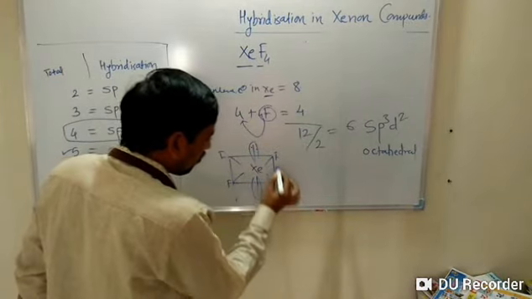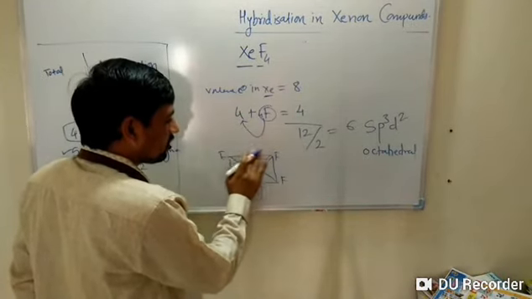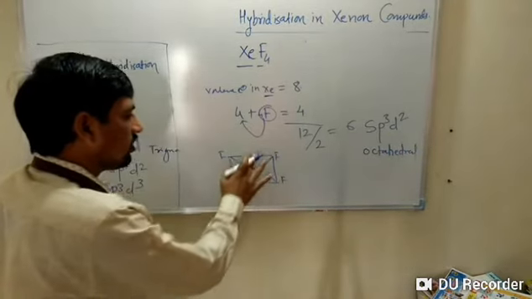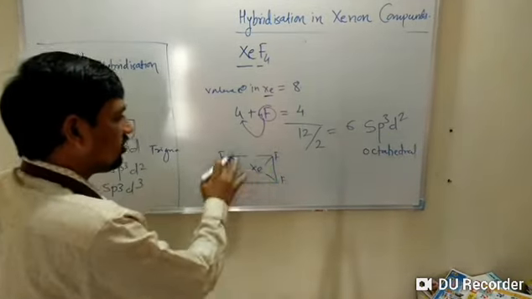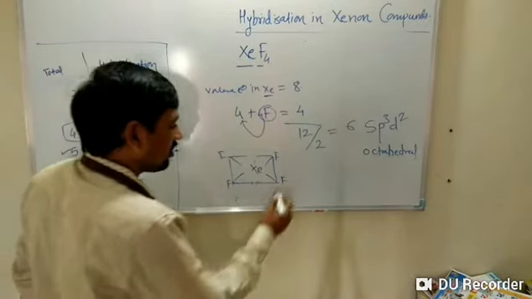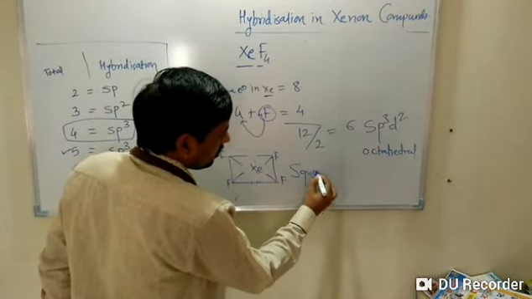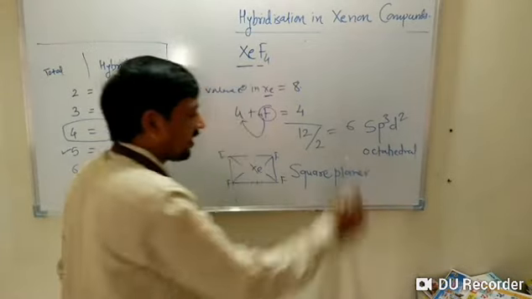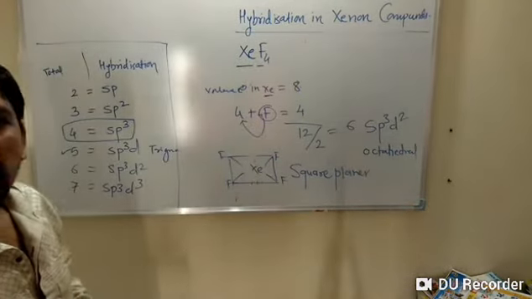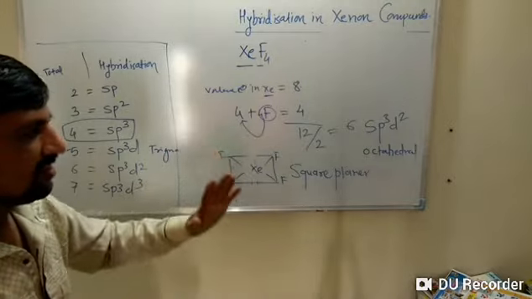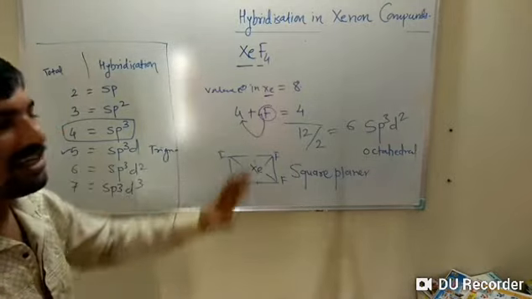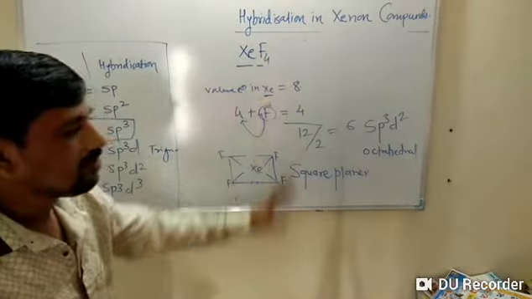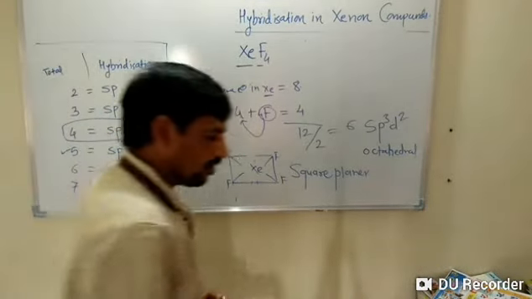On the basis of 4 bond pairs, the lone pairs do not take part in the geometry. It is just like a square. So the actual shape of the molecule is square planar. This is very easy to count. If you know the valence electrons and valency of the surrounding atoms, you can identify the hybridization of any molecule.